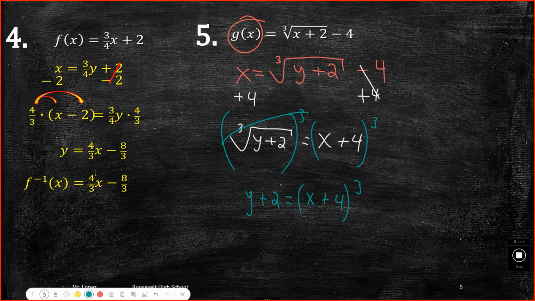What now? We gotta get the y by itself. What's the last step? Minus 2. Can I already switch that y to what? G. F inverse. Oh, it's G. Yes, yes, yes. G inverse of x equals